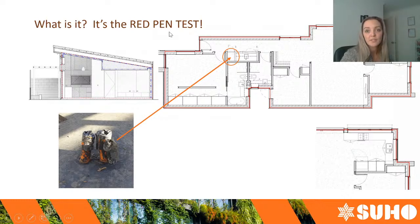So the purpose of this red line was to make sure that the trades on site knew exactly where they had to pay attention. The Woolcock Construction carpenters were really, really willing to learn in this project. So the builders had never actually done one of these airtight projects before. They're in fact primarily commercial builders, so this was a really new experience for them. And we have to say that they were really open to learning, and they did extremely well throughout this process